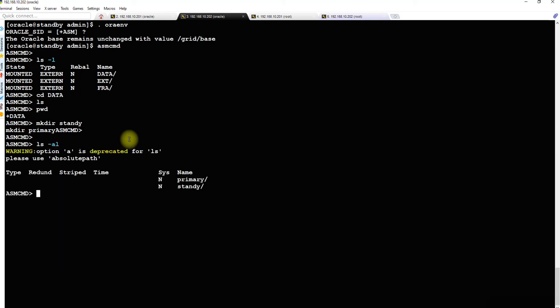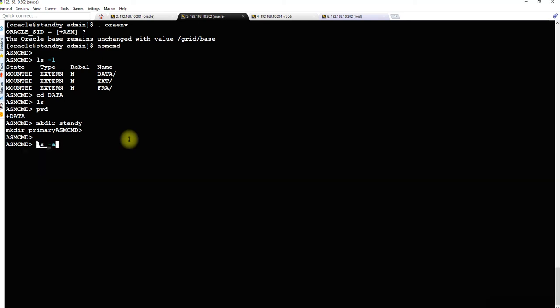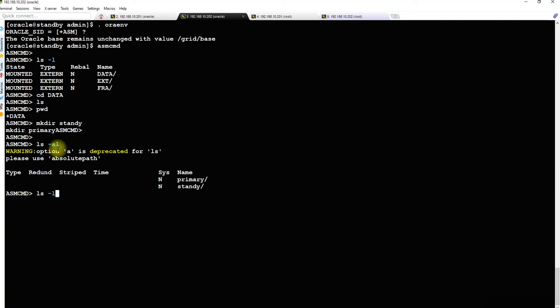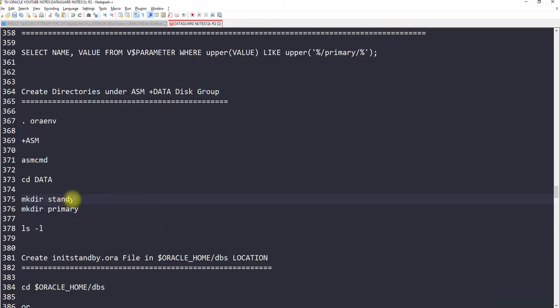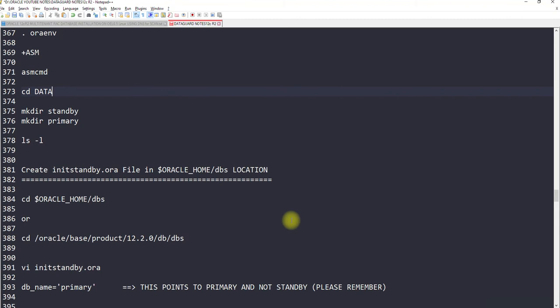Now list it. ls -al does not work, you can just run ls -l, and there is a standby. rm -rf standby, then mkdir standby, ls -l. Now everything looks fine. I have to correct it here, standby. Yeah, so this is fine.